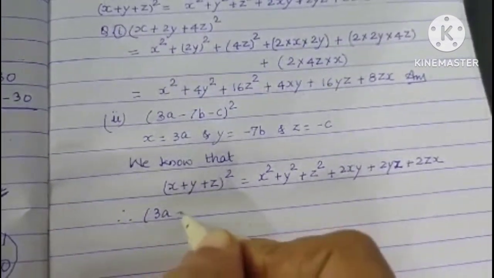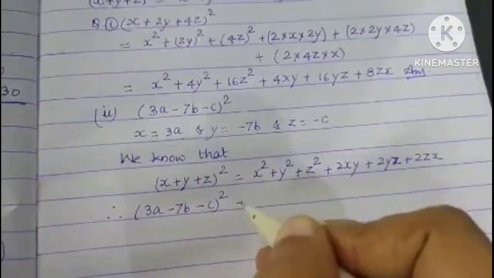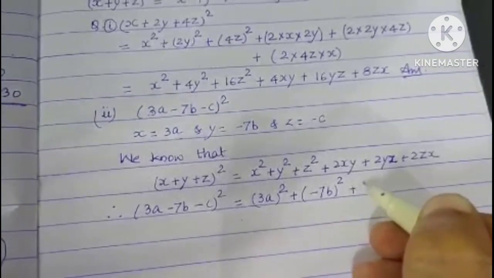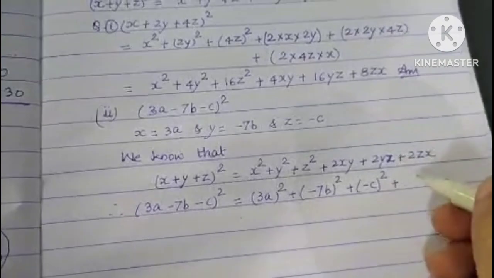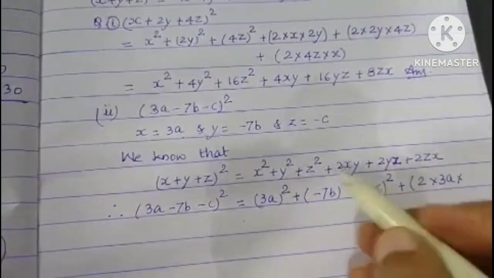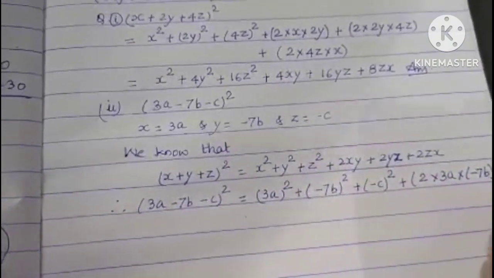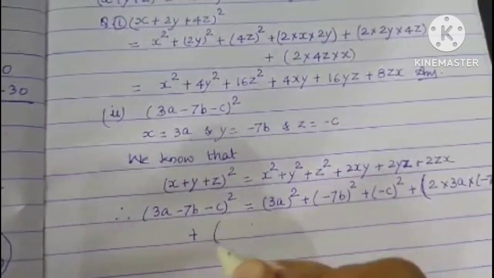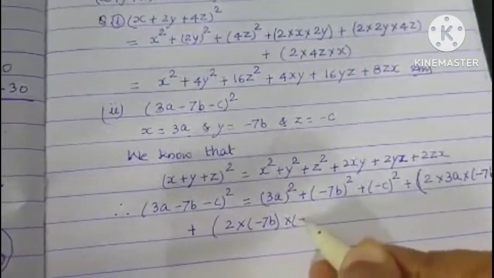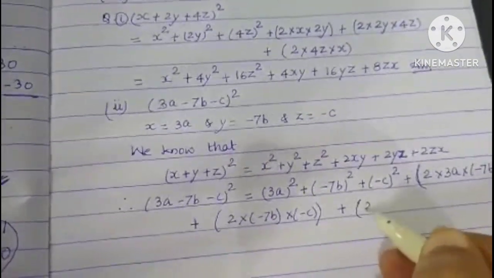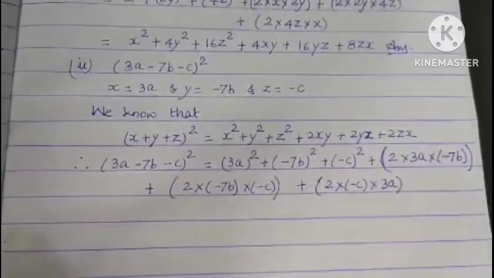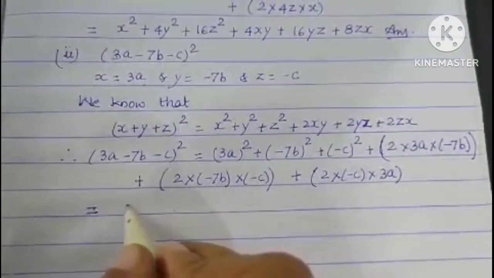Therefore (3a minus 7b minus c) whole square will be equal to (3a) whole square plus (minus 7b) whole square plus (minus c) whole square plus 2 multiplied by x, x is our 3a, multiplied by y, y is minus 7b, plus 2 multiplied by y and z, y is minus 7b, multiplied by minus c, again plus 2zx, z is minus c, multiplied by 3a. This will be equal to 9a square